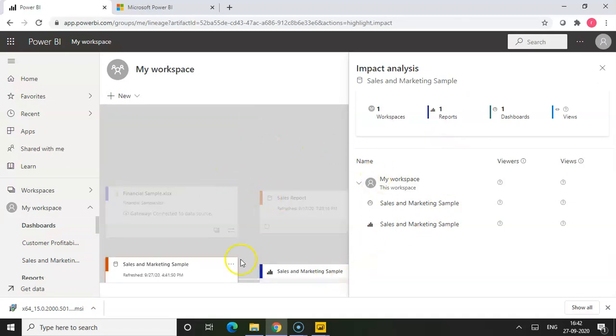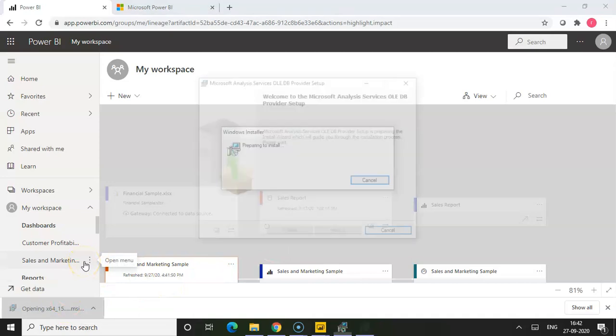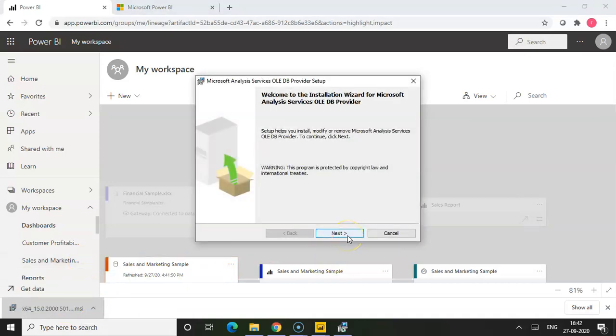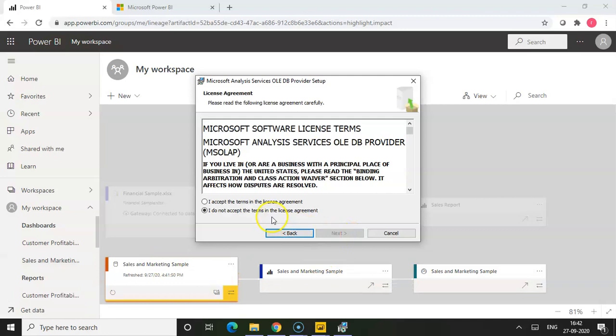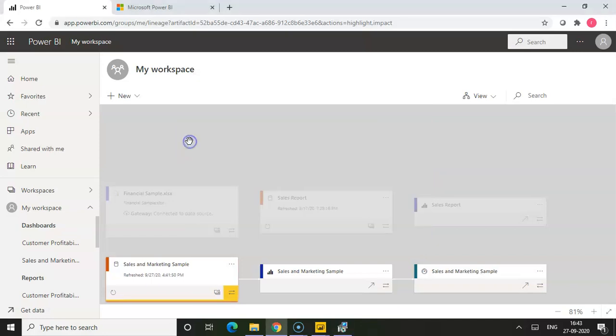So it gives you all the information about that particular sample. So this is installing the Microsoft Analysis Services when you give Analyze in Excel. Let it get downloaded.